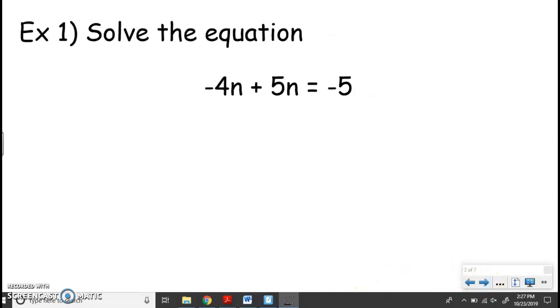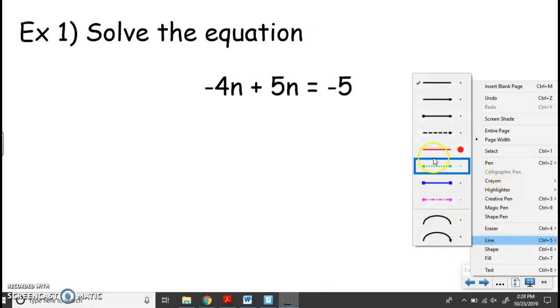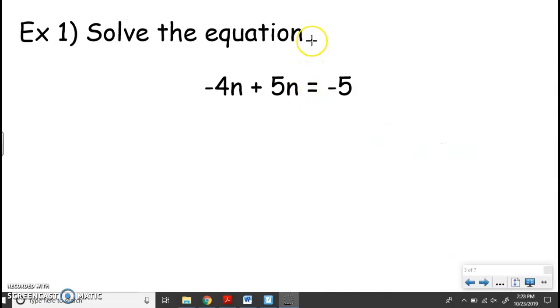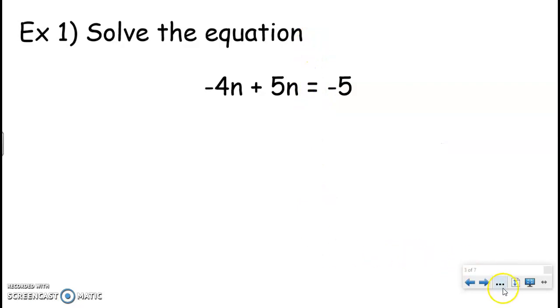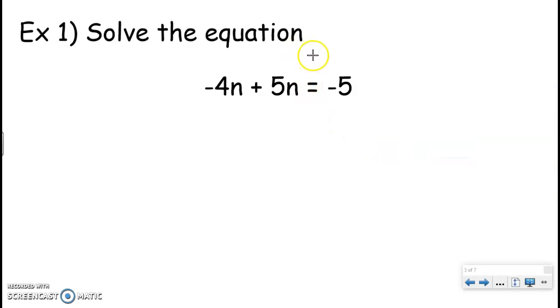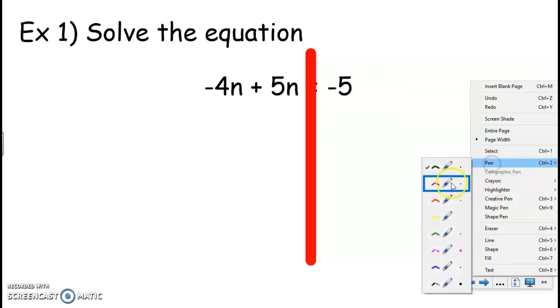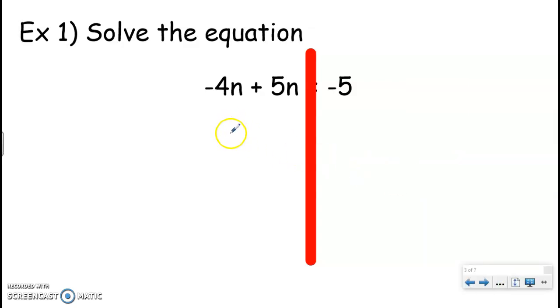Okay, first example, I always like to draw my line through the equal sign. So I'm going to go ahead and do that here with my red line. Nice big red line. And my first step is typically to get rid of any parentheses. So I'm going to distribute through the parentheses. Well, there aren't any here. So I'm going to skip to the second step, which is to focus on the left side here and combine